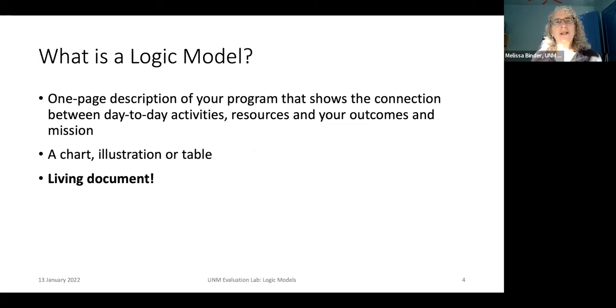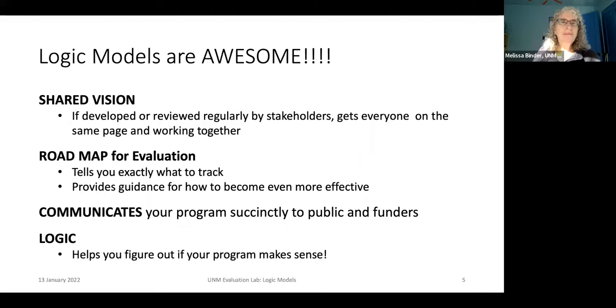It shows the connection between the day-to-day activities, resources, your outcomes, and your mission. It's often a table, but I've seen many different kinds of logic models in how they're presented. One of the key things about it is that it should be a living document. You want to be using it and updating it.